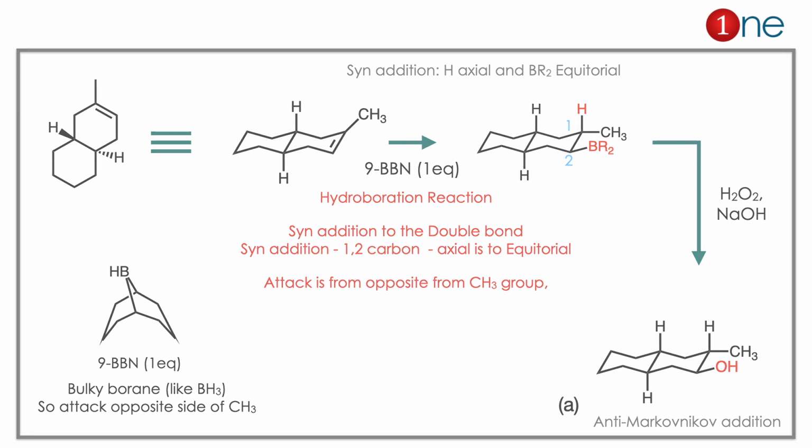Moreover, it's just like hydroboration. Hydroboration is the anti-Markovnikov addition. The BR2 is added to the second position, not the first position. So it is added from above, which is trans to CH3, and the addition of H and B is a syn addition. So there are 3 different possibilities: Markovnikov rule, anti-addition, anti to CH3, and syn addition of BR2 and H. So if you get it right, you get product A.